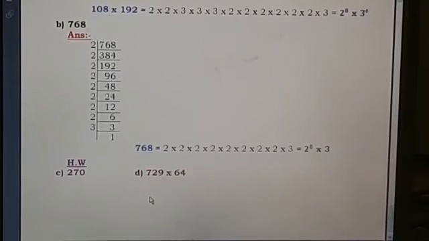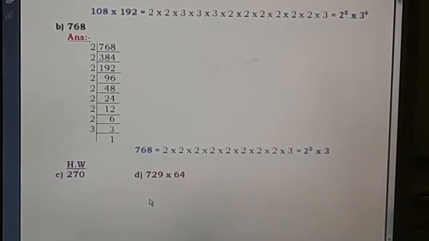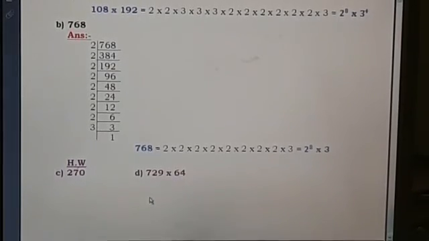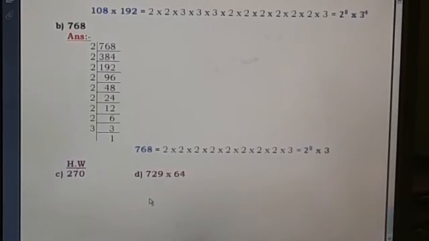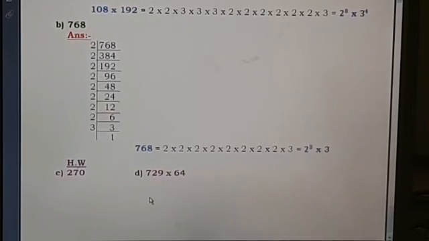Next question, a single number only is there, they have given 768. Same like that, L division. In the L division we have to start with the smallest prime number. The smallest prime number is 2, so we have to start with 2. Suppose the number is not even, we can't use 2. So next we have to try 3, 5, 7, like that we have to try. Then we have to write the prime factors. Then as per the numbers repeating we have to count and write. You will get the answer. Thank you children.